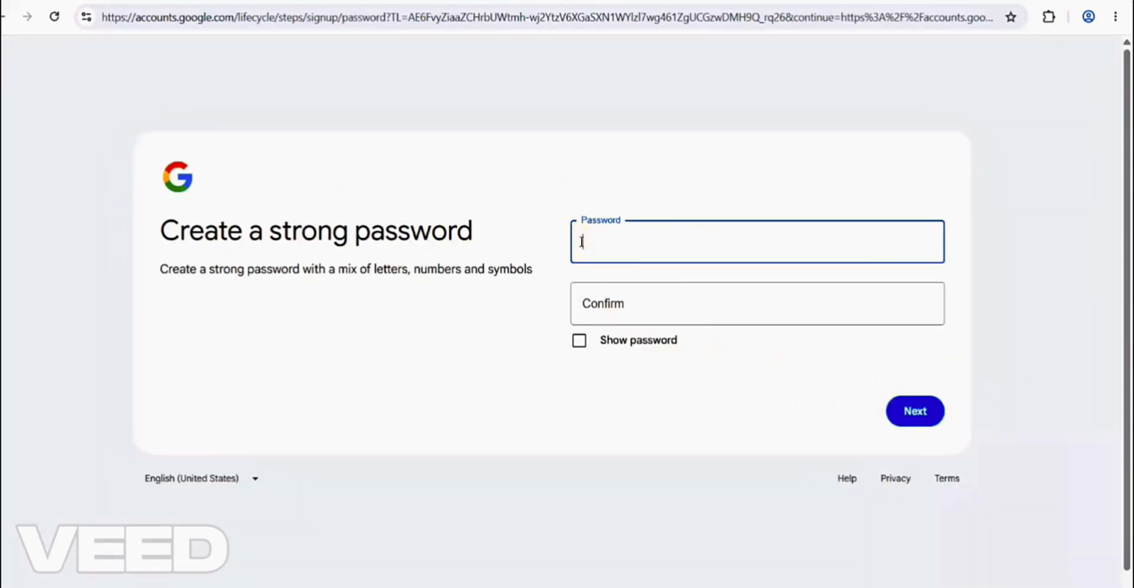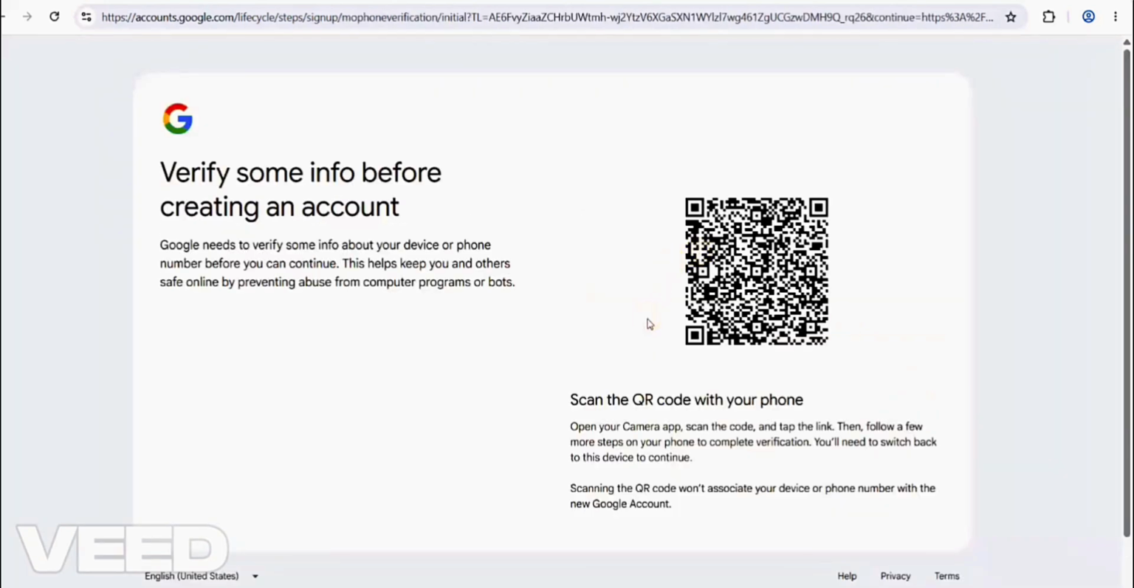Here you have to put password, and then this next. So here mainly you have to scan the QR code with your phone, and after that in your